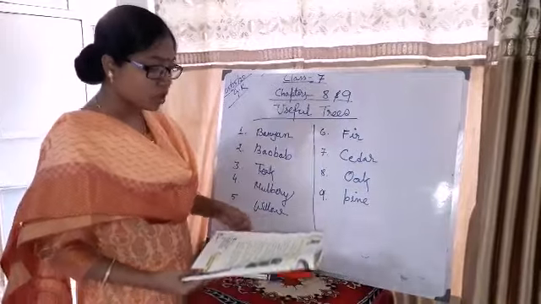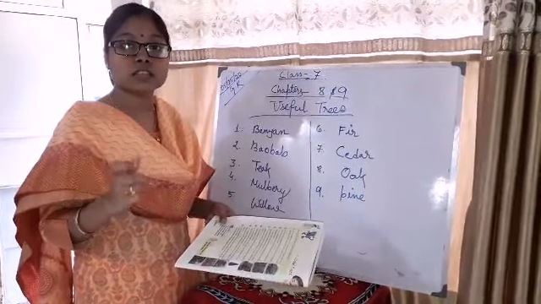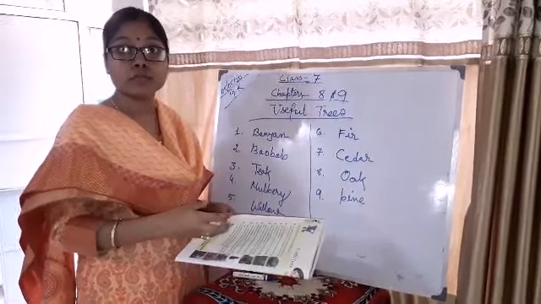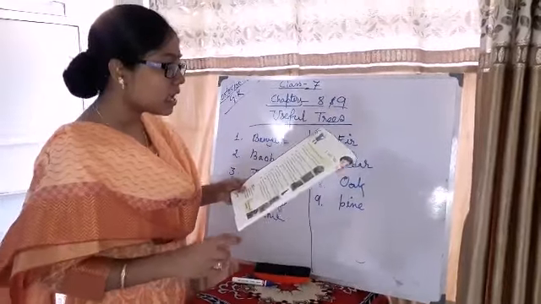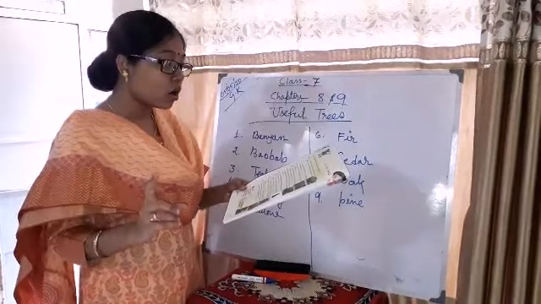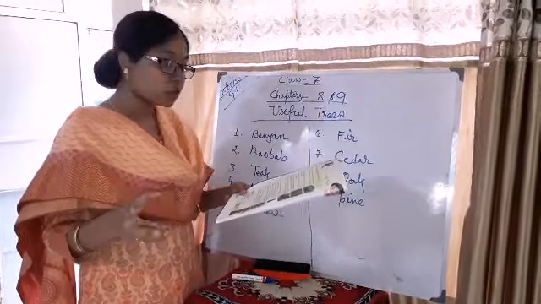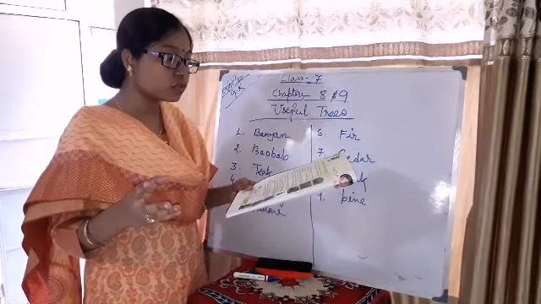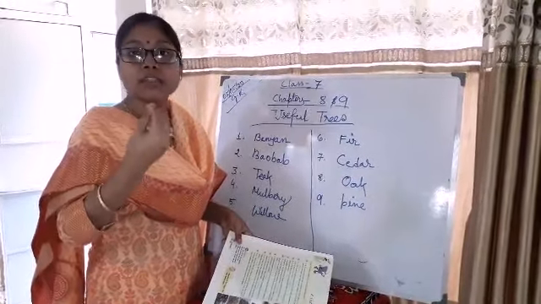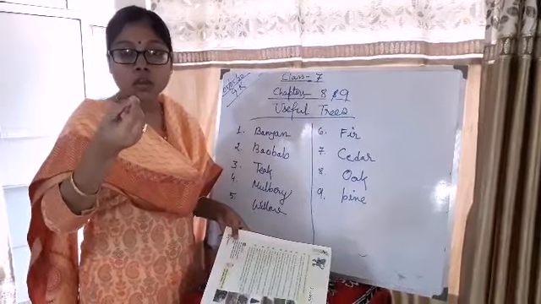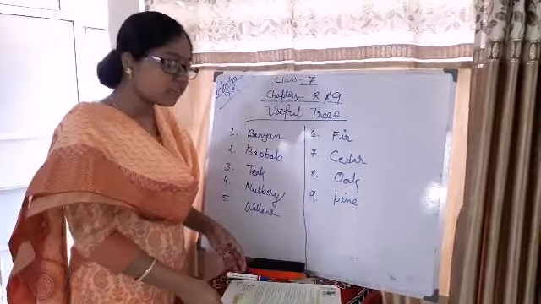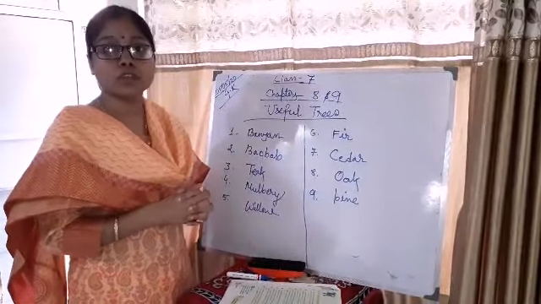Number 5 is willow. Willow is a very common name to us, especially for those who are familiar with cricket. The cricket bat is made from the willow tree. So what about the willow tree? It is a tree with long, thin branches and long, thin leaves. It often grows near water. The wood of the tree is used in making cricket bats. If you have a cricket bat, you can see the wood material, willow. It is not so hard, not so soft. It is medium, so that it can make bats. Clear? Especially for making cricket bats, people are using willow wood.